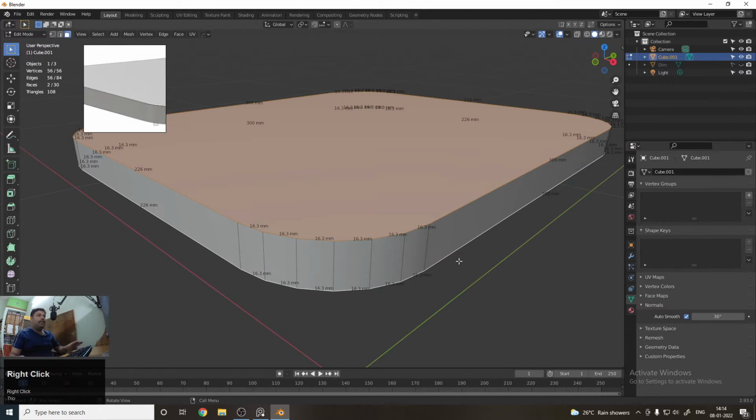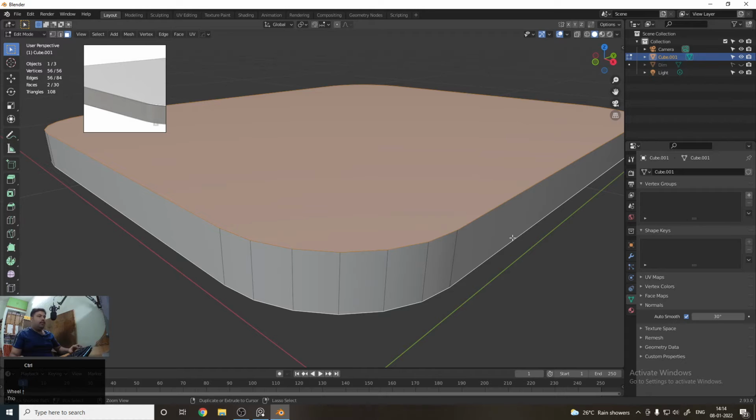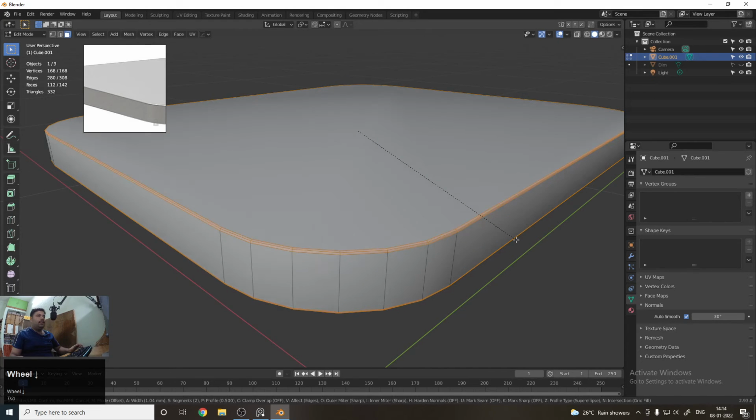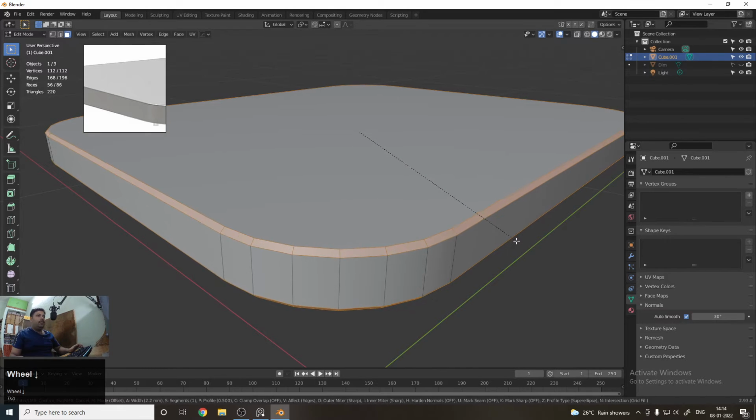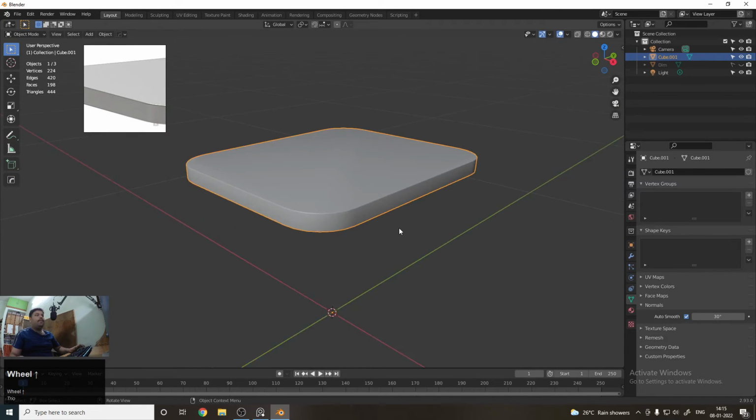If you don't want the dimensions, just click on this overlay and turn off the edge length option. Then press Control B, and depending upon your reference image, you can create the bevel and increase or decrease the segments. For now I am setting the segments to 3 and creating this kind of bevel.